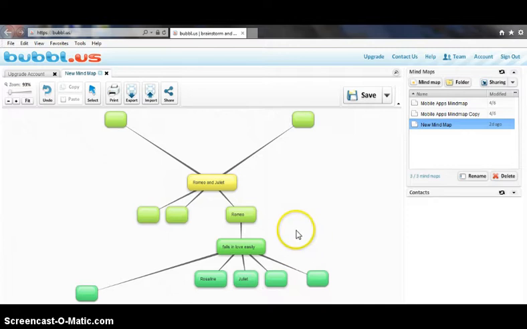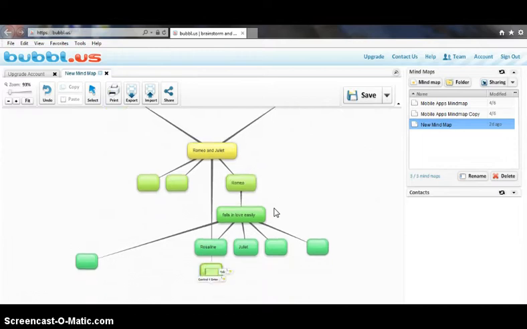I've done this with my students and they love it because they can see the different branches and how they can continue to add. So if we want to add some more, maybe about Romeo's friends, over here, we can hit tab. Now we have a new arm that goes along with Romeo and Juliet. And we can move this, so we can move it over here. Maybe we could talk about Romeo's friend, Benvolio. And if we want to add more about Benvolio, we simply click on there